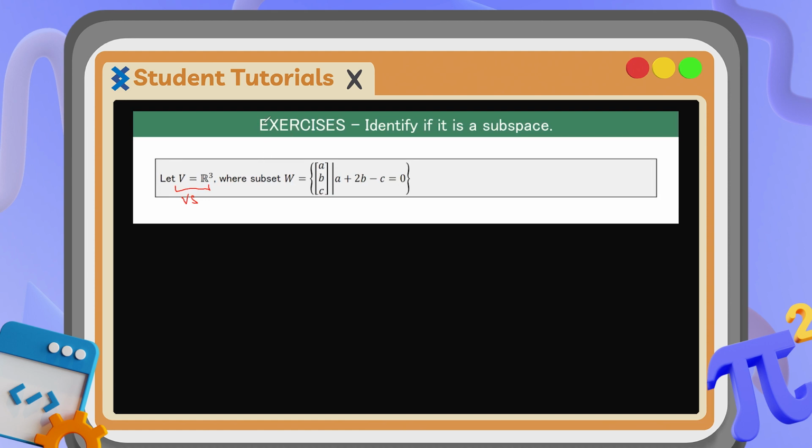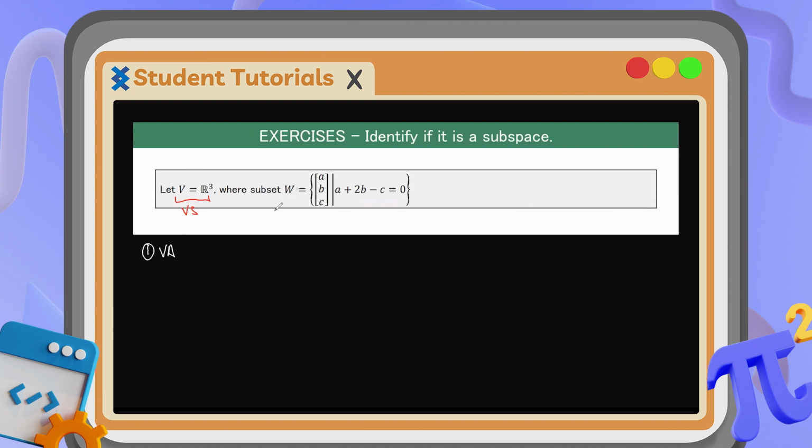If it is a subspace or not. So first, we evaluate vector addition. In vector addition, we basically add them together. So a sub 1, b sub 1, and c sub 1, vector addition of a sub 2, b sub 2, and c sub 2 should be equal to, and since this vector space, when you have vector spaces that are Rn, or maybe the set of matrices of order m by n,